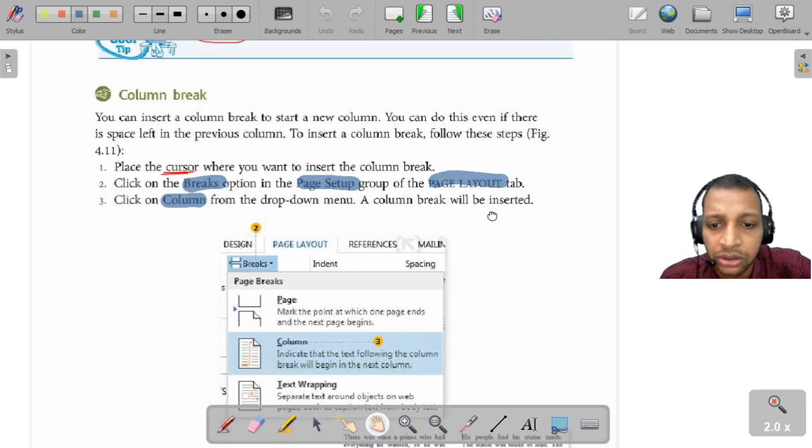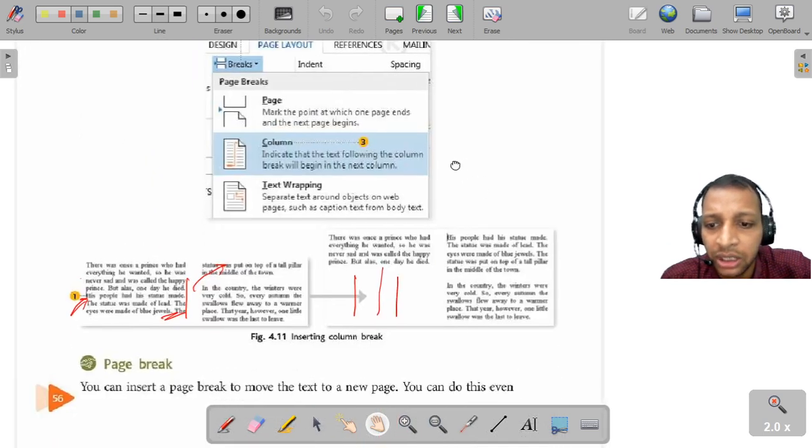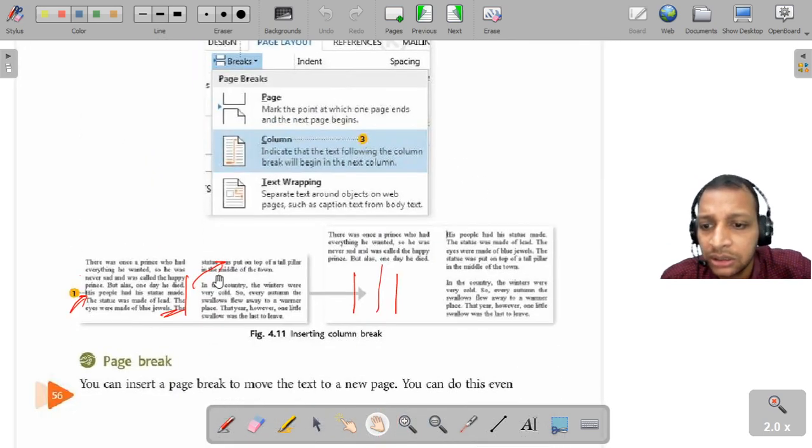If you break the column, you see here, this was one column. It is broken here. It's moving to the next one. Supposing you break it here, after "died", if you break here, what will happen? This will be empty, and the content will move to the beginning of the next column.